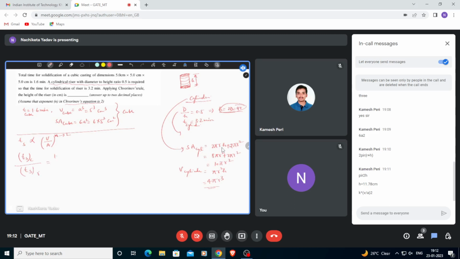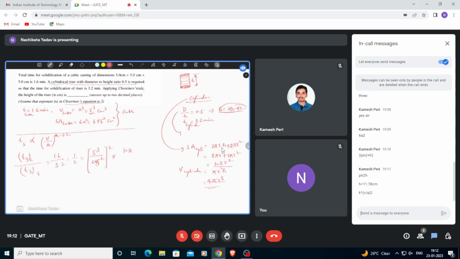It is given 1.6 by 3.2. So it will be 1.2, v of cube by 6 into 5 square into this one,